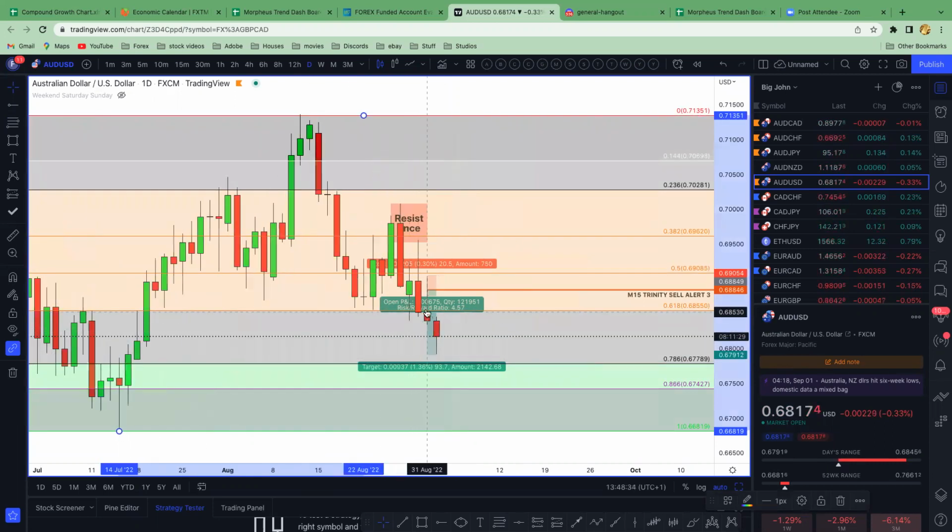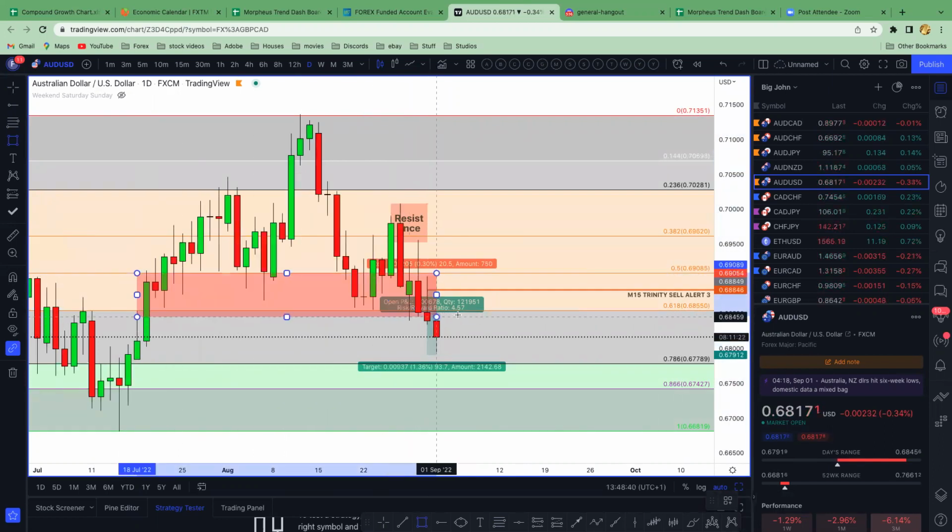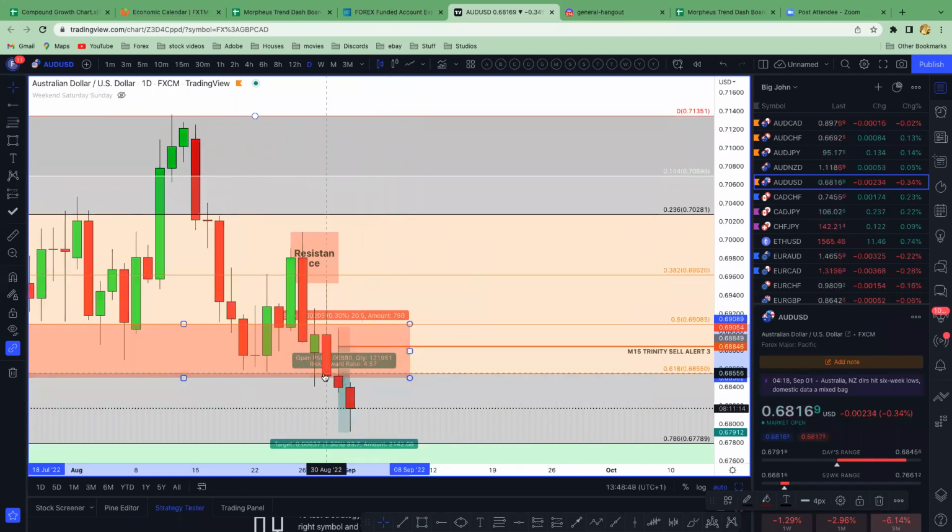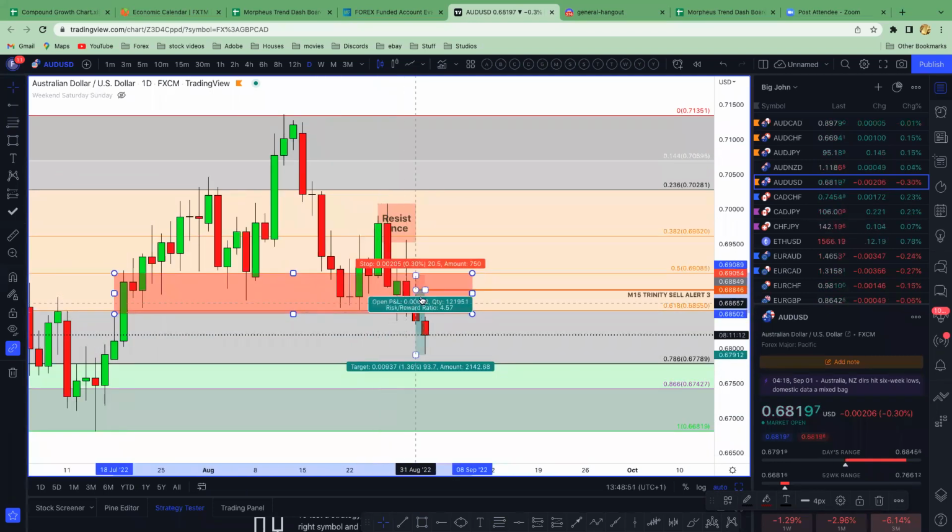So we can even see the trade. Look at the trade we got on AUD/USD here. If we pay attention to this area here, there was a lot on a daily time frame. There were a lot of rejections in this area, whether it was rejections for the buy or rejections previously for the sell. You can see all these wick rejections. So when we did get this alert here, it's telling you that this is a possible continuation of a sell zone. This is something that looks good for you.